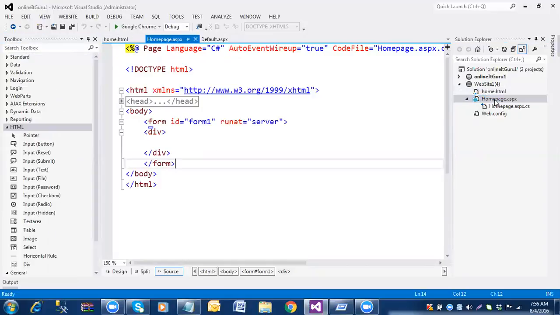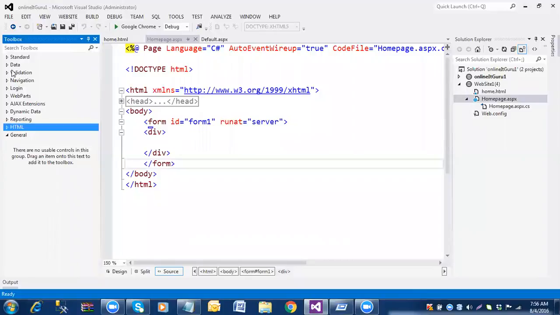But whereas here in ASP.NET, once we double click on homepage.aspx, it will display all the tabs, including HTML. So it has many controls. The front-end interface is changing. And one more thing,